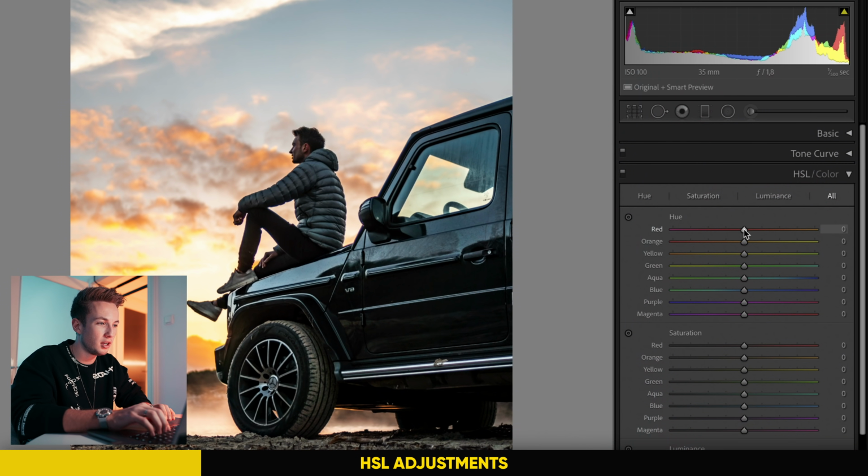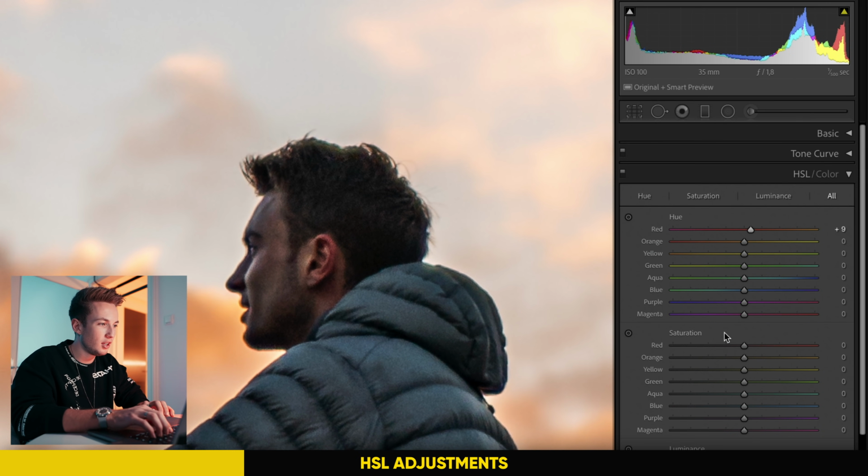So there's no real recipe on how to tweak these sliders to get the perfect image, because it always depends on your photo, which tones are in your photo, what kind of look you're going for, and all that kind of stuff. So it's basically a lot of practicing, a lot of trial and error in order to know how this works. So for this image, I would probably go up a little bit with the reds. You see the reds are not influencing that much, but they're influencing. If we zoom in here on my brother's face, you see that the red tones are in my brother's face.